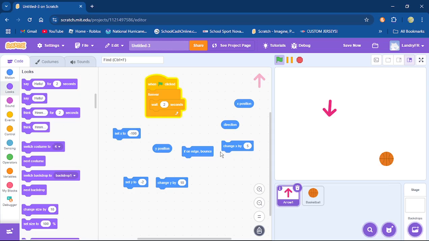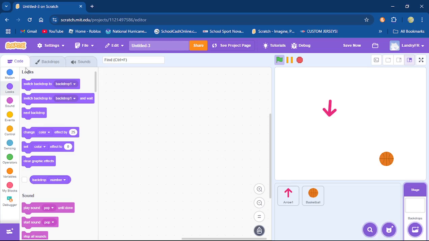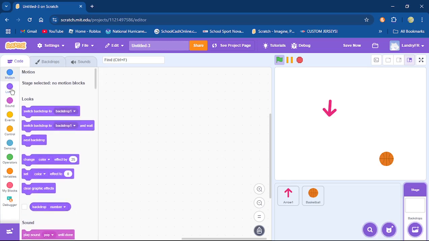The reason I do that is when you click on backdrops, you also have code here, motion, looks, all that stuff. But if you notice, there are not specific blocks. There's not even motion blocks in the backdrops. You can't move anything around. You can't do a lot of stuff. If you go through these, you'll notice a ton of stuff is missing. You can't do the same code in the backdrops as you can in your sprites.